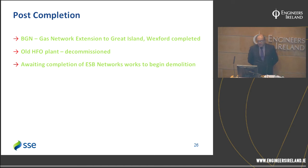positive for the county. The old heavy fuel oil plant is decommissioned, so we've rendered the heavy fuel oil plant safe as far as we can. We've removed all of the potential combustibles and contaminants from the site, lube oils and so on. It's all been removed, and the site still has